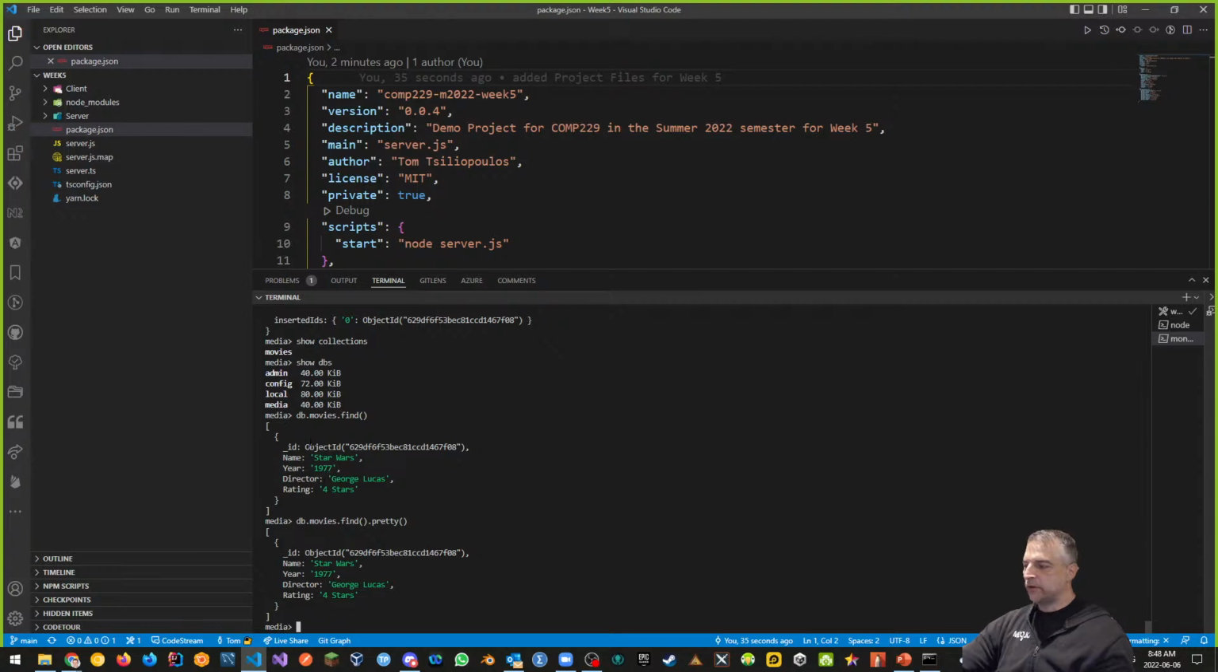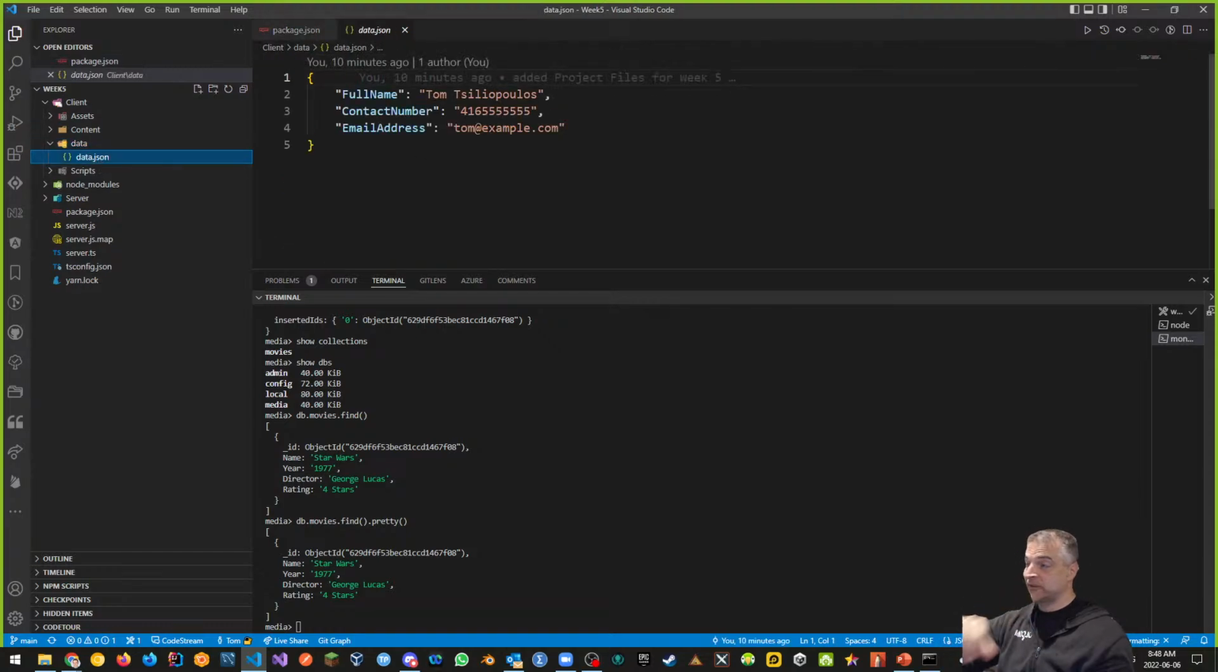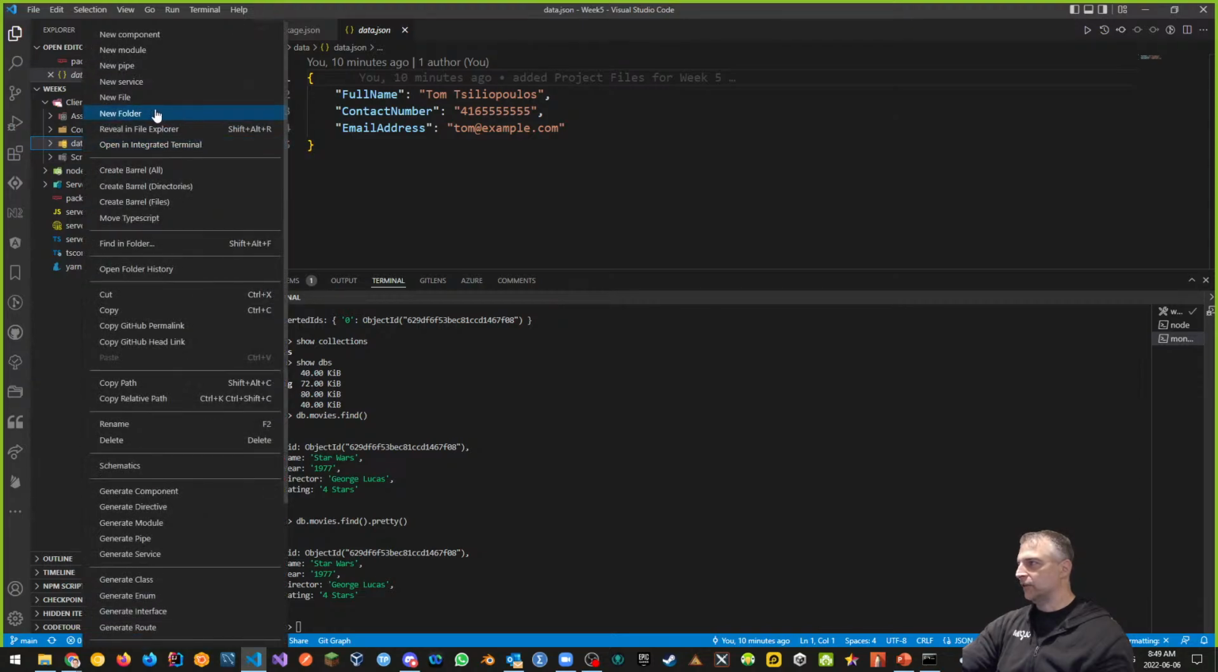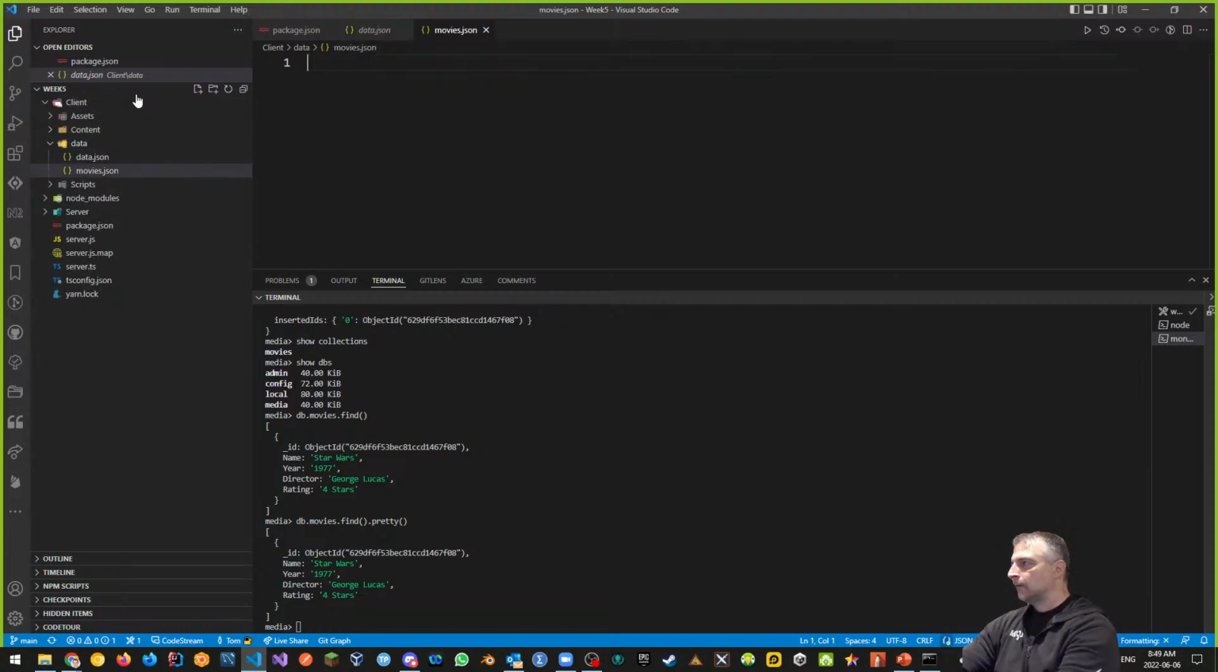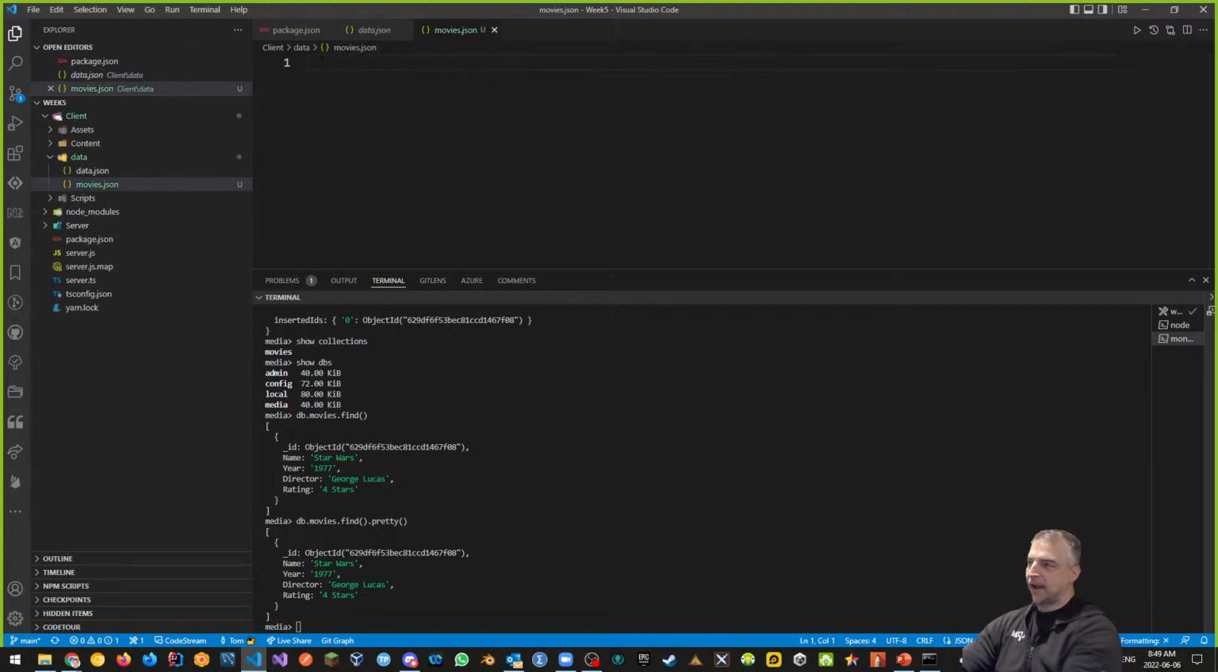then what we want to do is put together some mock data so we can use it like this, and so we don't have to type all this in manually. Let's do that. So I'm going to go into my client side, and where it says data, we have our data.json. That was just some test data that we used to read our client. I want to use our data directory again, but I want to create some mock data for us. I'm going to make a new file, and I'm going to call this movies,